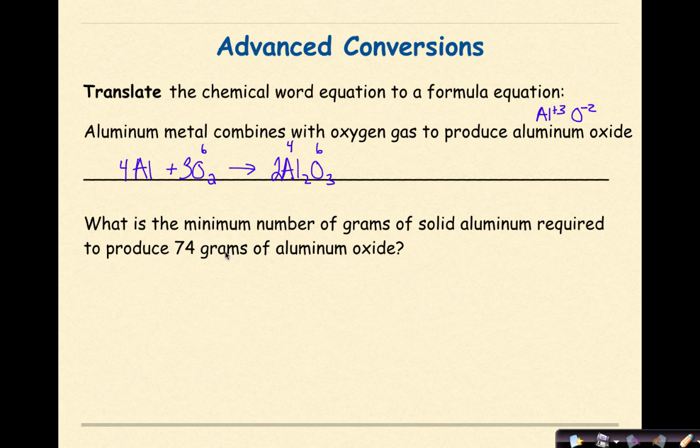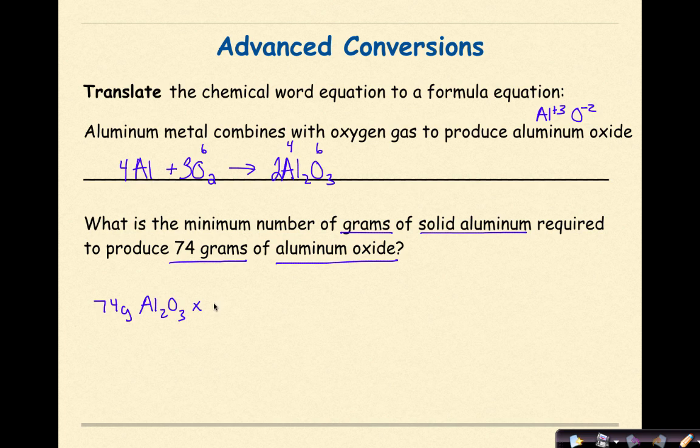This is advanced conversions because we're not just doing a mole to mole problem. We're taking it much farther than that. So what is the minimum number of grams of solid aluminum required to produce 74 grams of aluminum oxide? This is a multiple step conversion, and I would highly suggest doing this in pencil if you're working on paper, and take your time. So we're going to start with 74 grams of aluminum oxide,